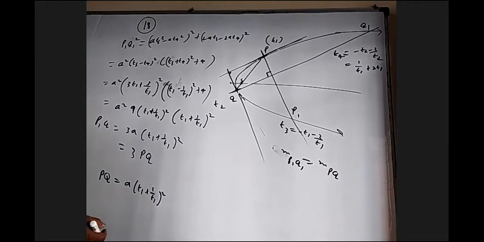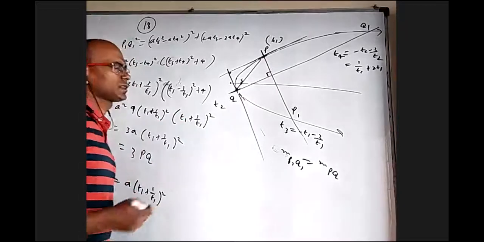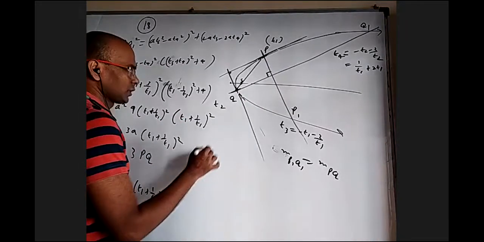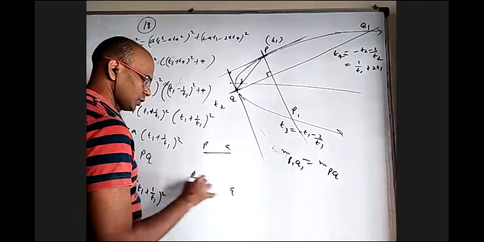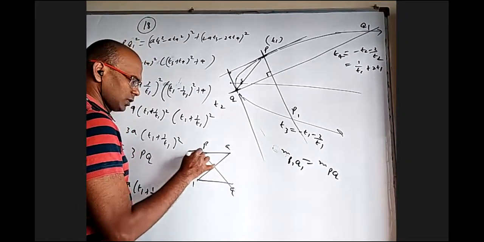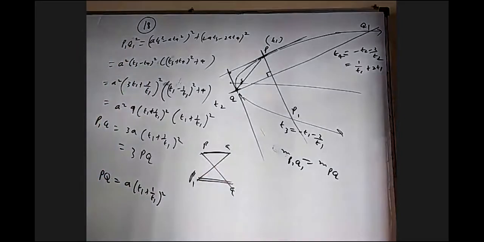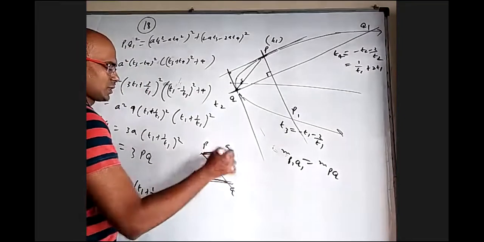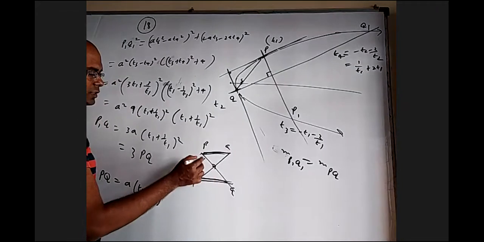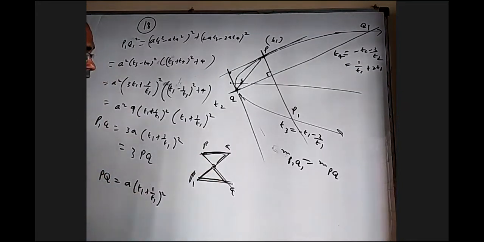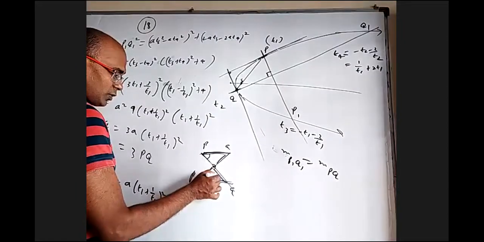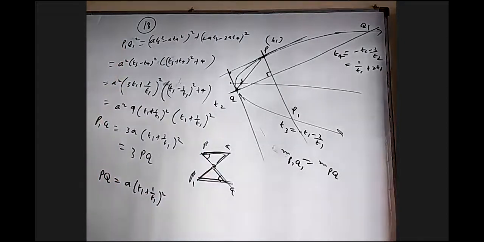So it looks like, I don't know what kind of figure it is. If I draw PQ here, P1Q1 here, this and this came parallel, and this length is 3 times this length. So if you can find this point of intersection and somehow prove this is to this is 1:3, or this is to this is 1:3, we can do it. And to prove parallel, somehow we have to prove these two angles are equal. So I don't know whether it can be done.